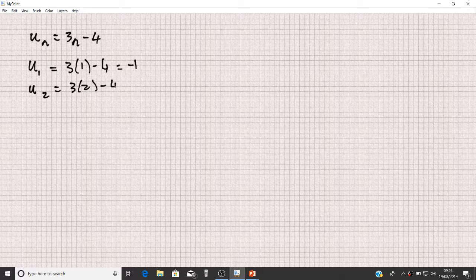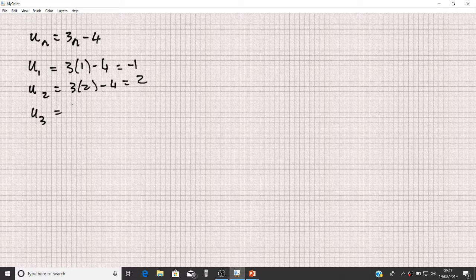And so the sequence we were given, the general formula is Un equals 3n minus 4. So with this explicit formula, we'll just substitute 1 for n in U1: 3 times 1 minus 4 is negative 1. So the second term, U2, 3 times 2 minus 4 is 2. U3,